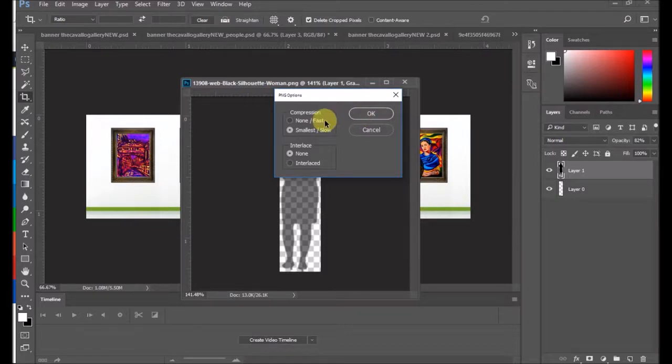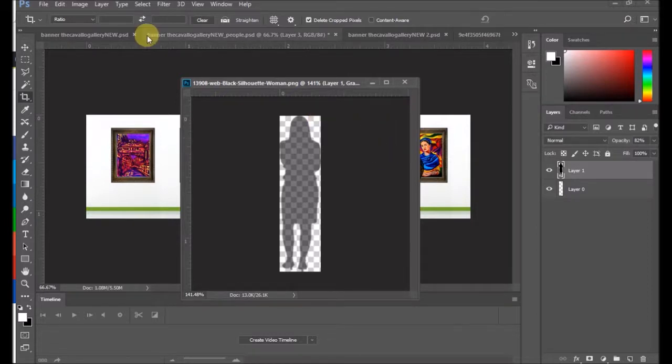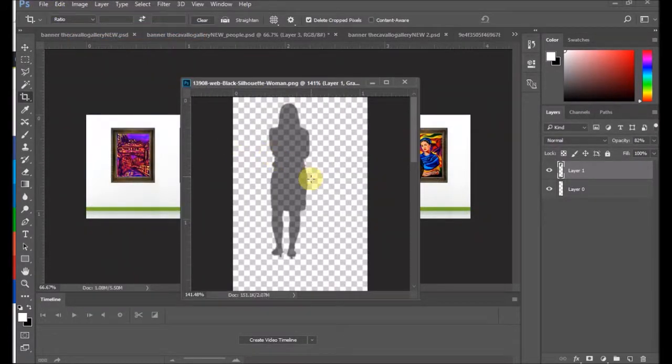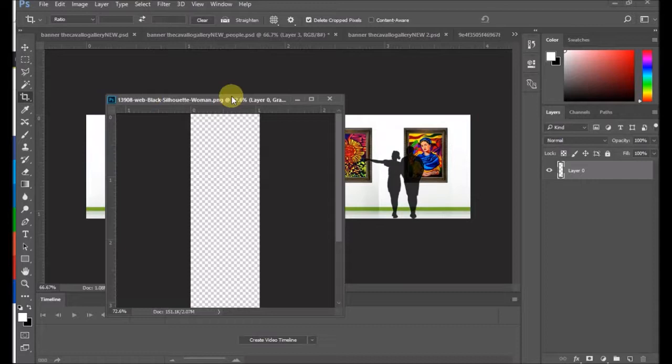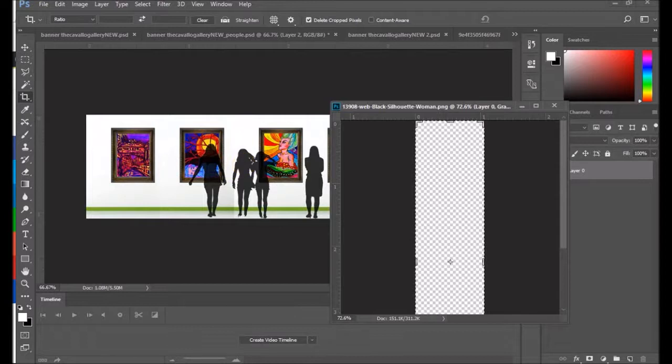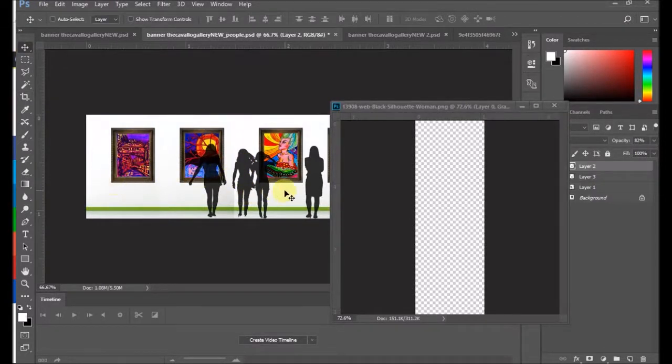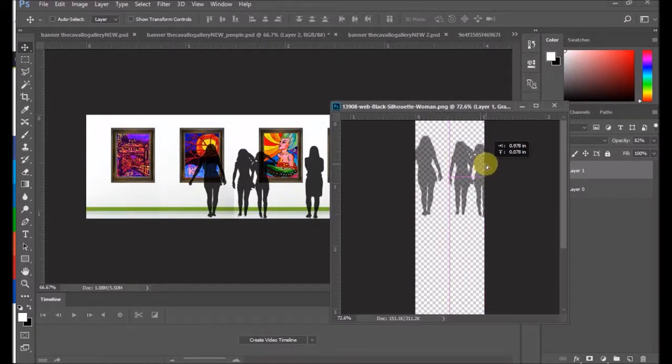Okay. So now I was here in this file. I'm gonna click step back. I want to get the background file back. I'm gonna delete the woman, take her out, and I'm gonna put this couple. Okay, it's these 3. I'm gonna put these 3 here. And with these 3, we have a little problem that the background is a little bit smaller. So let's see if we can fix that. The canvas size,